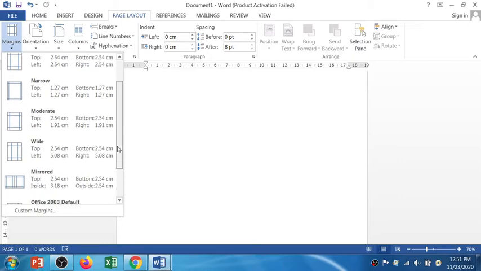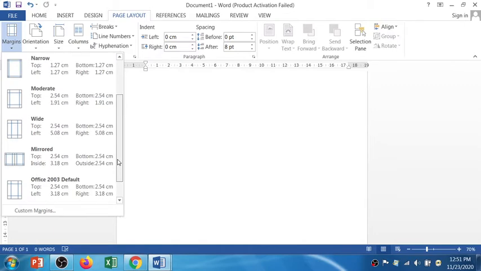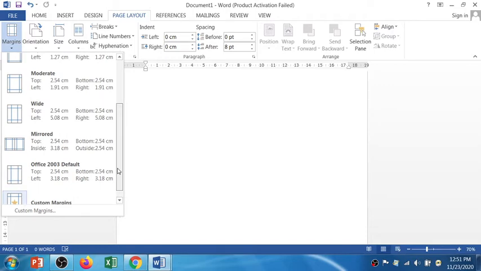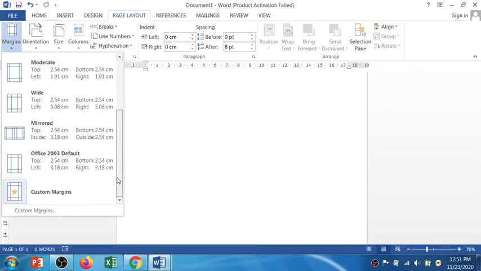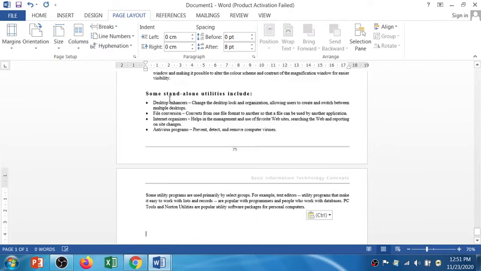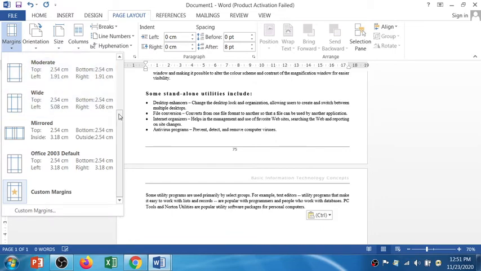Along with the size value we have the preview icon also, so you can identify the mirrored, the 2003 default option and the custom margin. You can create your own custom margin or select any one of them. What I'm going to do is first paste the content, and then I will change the margin.